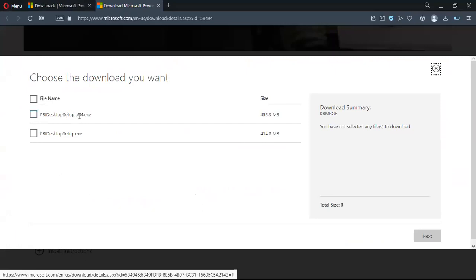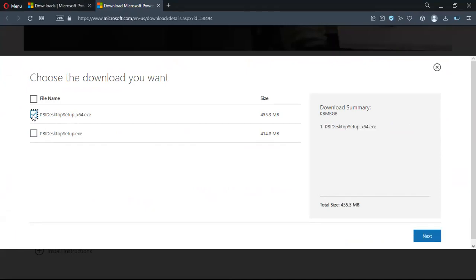One is for 64 bits and one is for 32 bits. If your laptop or computer is of 64 bits, then you click on this one. If your laptop or computer is of 32 bits, then you click on this one. All right. And in case you don't know if your laptop or computer is of 32 or 64 bits, then what you do is,